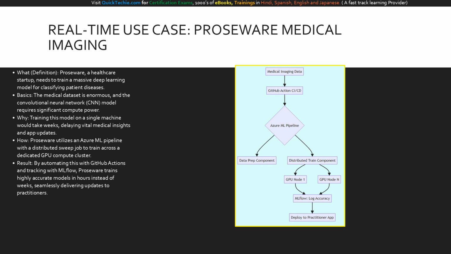The why: if you attempt to train this on a single workstation, it will take weeks, delaying critical application updates that practitioners rely on. The how: you architect a distributed solution. You build an Azure ML pipeline that utilizes a sweep job to distribute parallel training trials across a massive GPU